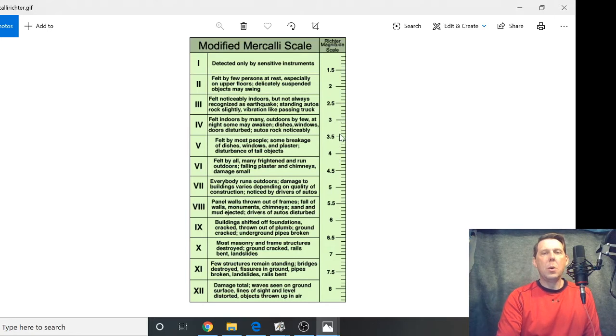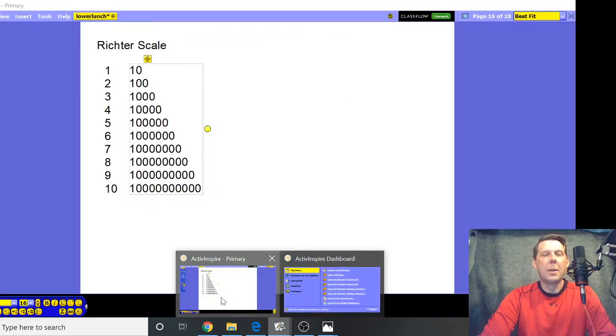All right. So look, here's a Richter scale. Remember, every time you go up, it's 10 times the magnitude. Every time you go up a scale, it's 33 times the amount of energy. But look at what it is here. Now, this also could change based on where it's at. So let's take a quick